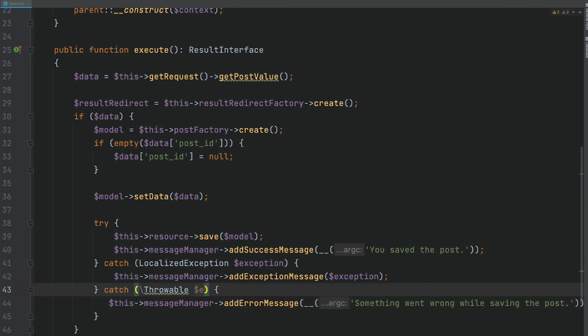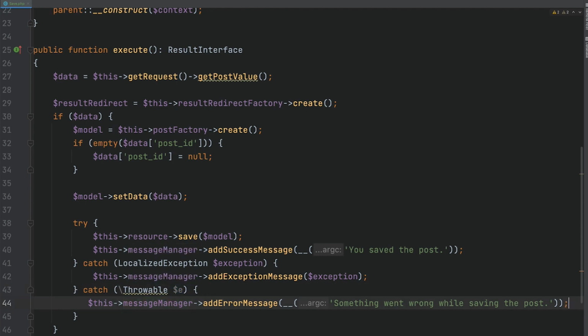The exception here is not used because there could be some system error with private or confidential information that should not be visible to our end user. That's why a general message is written into add error message. For debugging purposes, a logger can be used, and this exception can be logged into a log file.